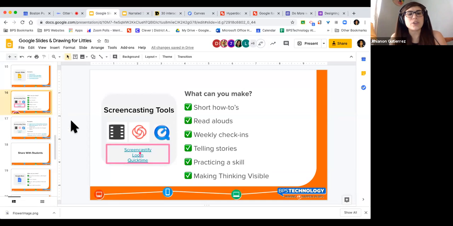QuickTime is something that you can use for free. It already comes on your Mac devices. If you go to the top right corner and look for the spotlight icon and type in QuickTime, you have access to it. QuickTime has absolutely no time limit. And if you use QuickTime in conjunction with another one, such as iMovie, then you can do more editing. So if you're somebody who's like, I just want to record, nothing fancy, all 3 of these tools will meet your needs, absolutely, without you having to spend a penny.